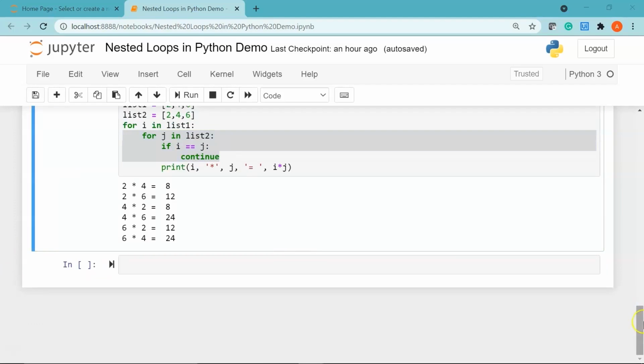Okay. Now we are going to write another nested loop using a while loop and a for loop to check whether a number is a perfect number or not. So basically in this program we are going to print the perfect numbers between 1 and 100. Now a perfect number is a positive integer that is equal to the sum of its proper divisors. So the smallest perfect number is 6, which is the sum of 1, 2 and 3. So these are the proper divisors of 6: 1, 2 and 3.